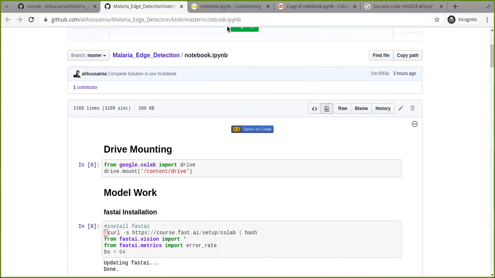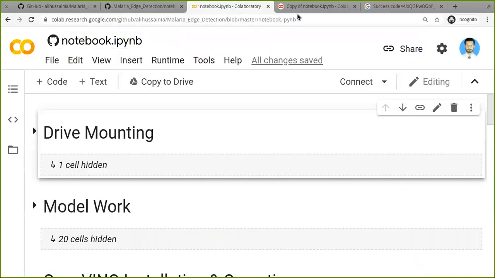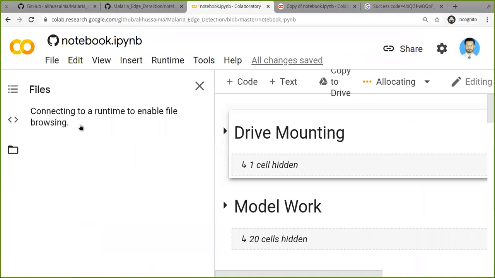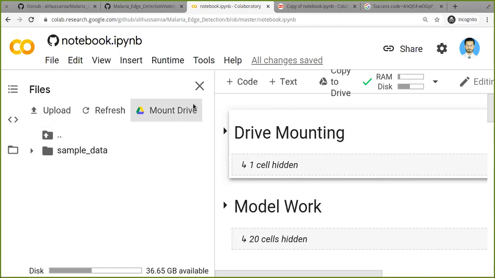And how you can get files belonging to this project: you just have to come to your notebook, and there's this folder called files. When you click there, it's not showing anything right now because it's not mounted. I'm just telling you as an example, and all of the folders and files will render here. Okay,